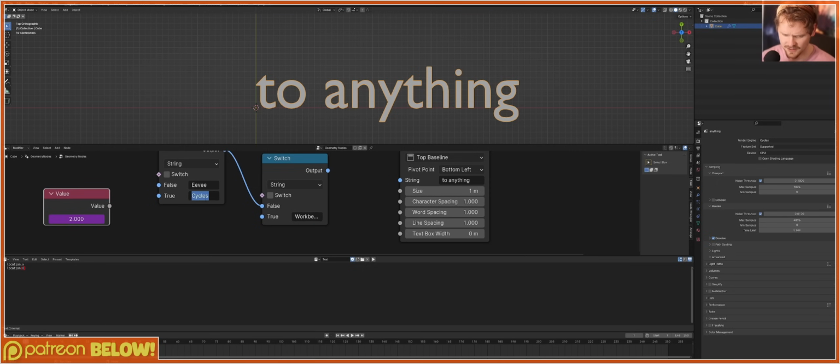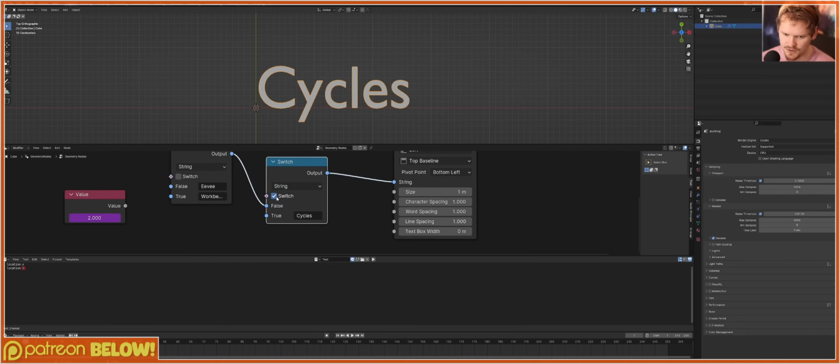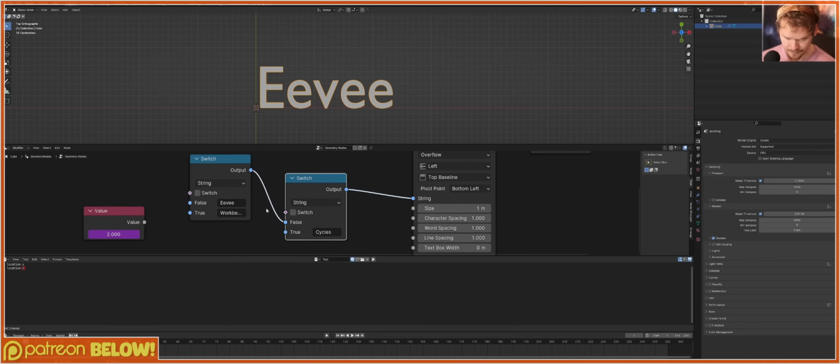Or maybe, I think the order was the other way around. So we had EV, workbench, and then cycles. So let us do that. And you can see that if I put this in here, we do kind of have control over what this says, but of course, we need to control these values